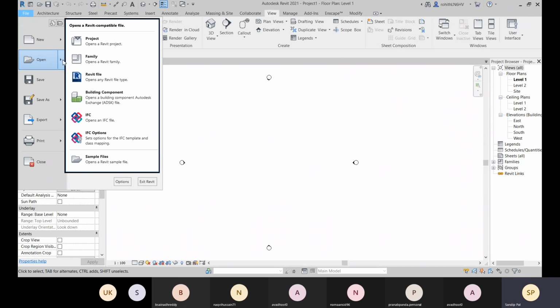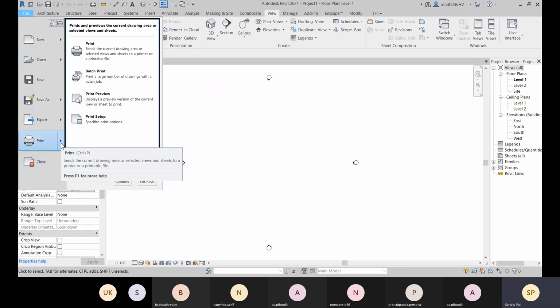For Revit, one restriction is there. In the upper version, you can open the lower version file. But if you are using the lower version software, you cannot open a file saved in the upper version. Suppose I save a model file and send it, you cannot open it in a lower version like Revit 2019. So for that, what I need to do is export it as an IFC file. Okay.